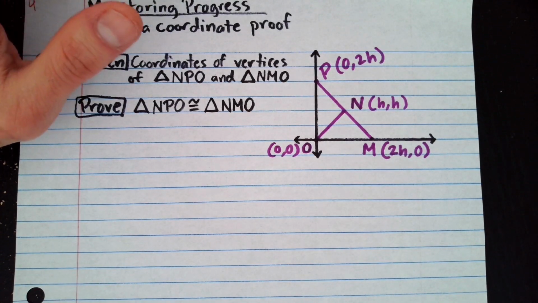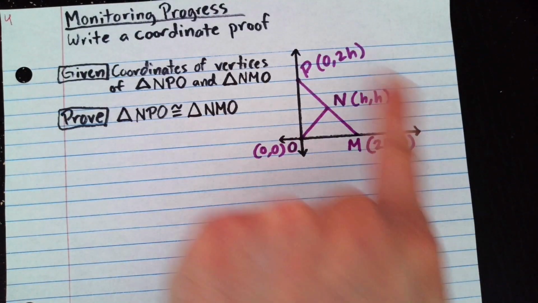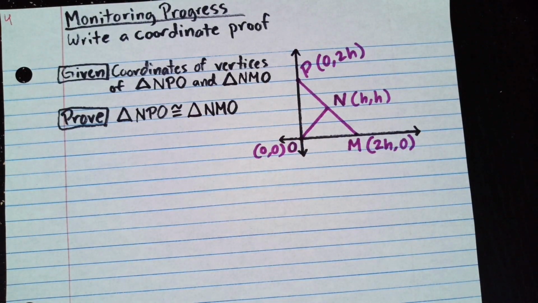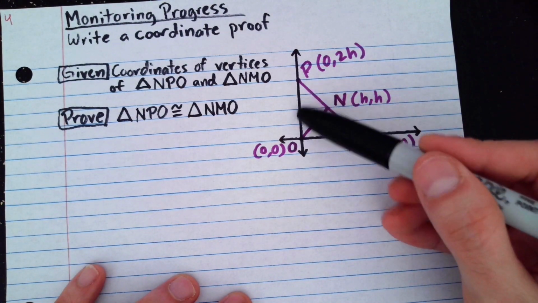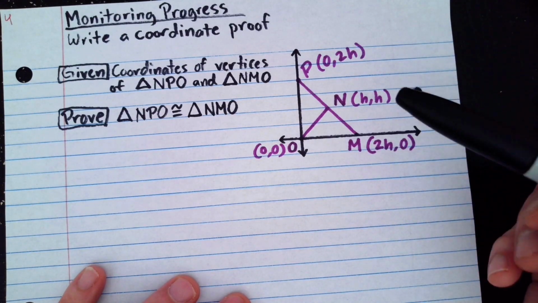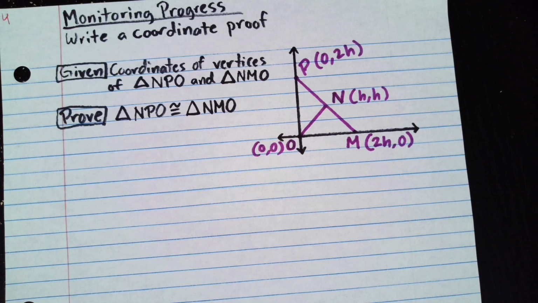Hey everybody, so we're going to be working on the monitoring progress example. I believe this is the last one of the section. And so we have to write another coordinate proof. So we were given this image here and the coordinates of all these vertices. As we can see, we have triangle NPO. So NPO is this top triangle, and NMO is this bottom triangle, and we have to prove that they are